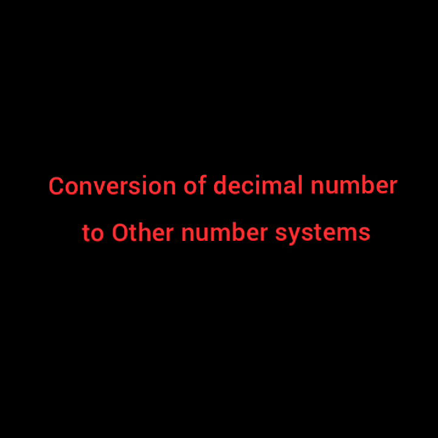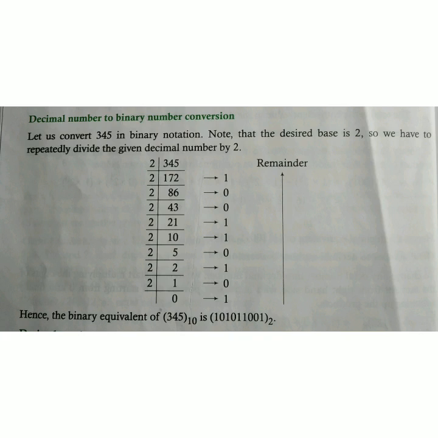Now let's convert decimal numbers to other number systems. In this example, we have to convert a decimal number to the binary number system. So in step 1, divide the given decimal number by the required base, that is 2. Then write down the remainder and divide the quotient again by the same base. Repeat the step till the quotient is 0. Write the remainders obtained in each step in reverse order to form the binary number. Follow the same rule to convert decimal into octal or decimal into hexadecimal number system.